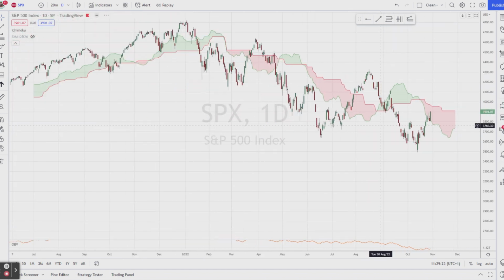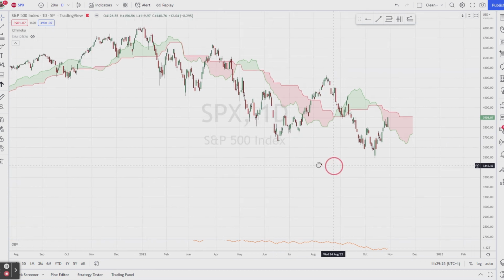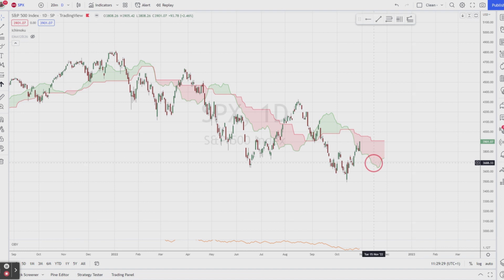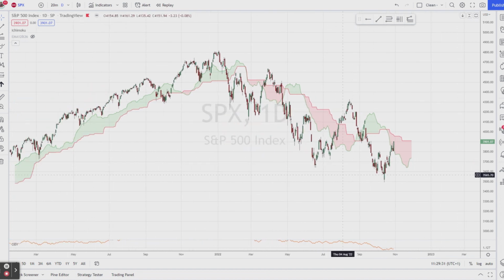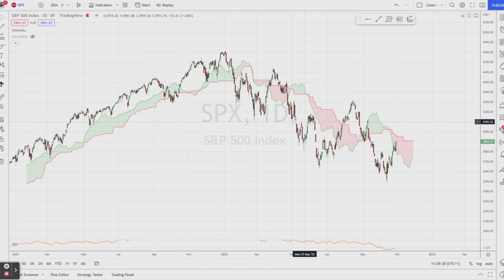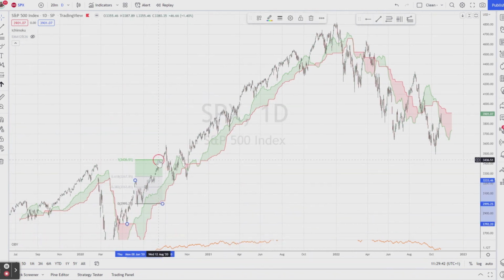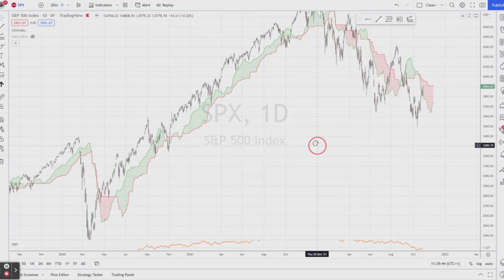Again, this doesn't tell me much, so I have to zoom out and just see what is happening. Well, still this impulsive move in the S&P 500, and now we are creeping down, and that is the place where we worked. So let me just remove that